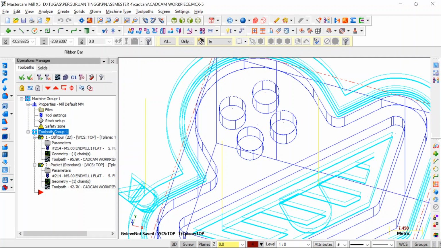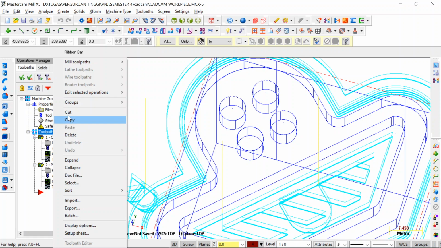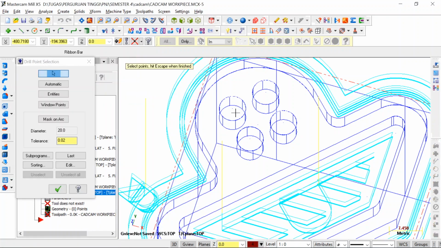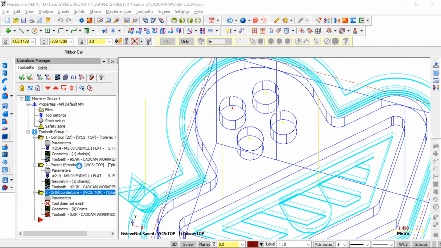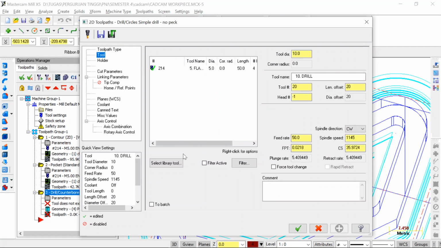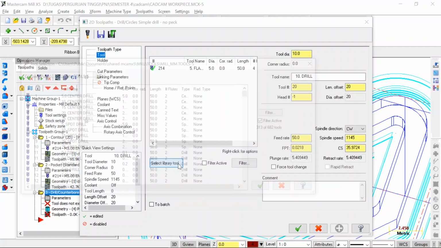So we are going to toolpath group, and then we are going to mill toolpath and choose drill. And then we select 4 of the circles, and then we click OK. We choose the drill toolpath type, and then the tool here, we select on library.